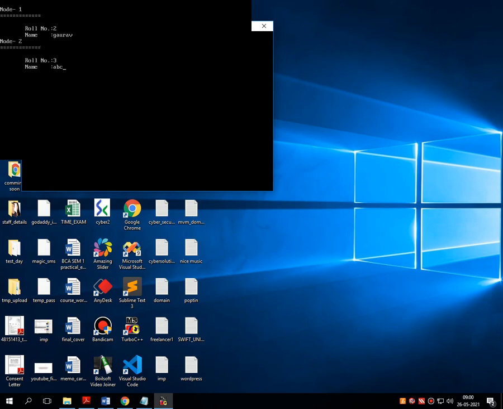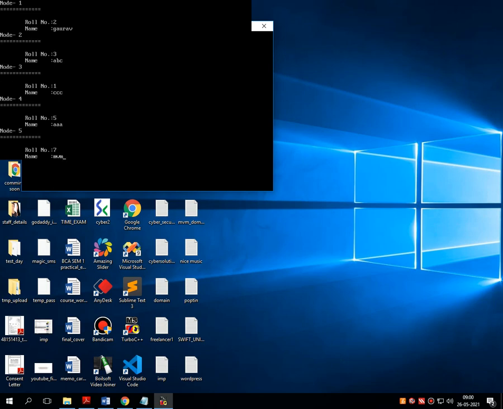Node number 2 is roll number 3 and name ABC. Node number 3 is 1 and CCC. Node number 4 is roll number 5 and AAA. Node number 5 is roll number 7 MVM, and null is stored inside node number 5 as a reference, because node number 5 is the last node.